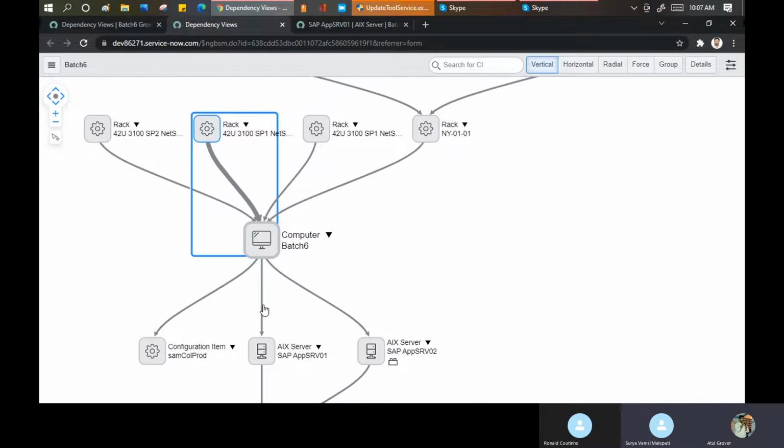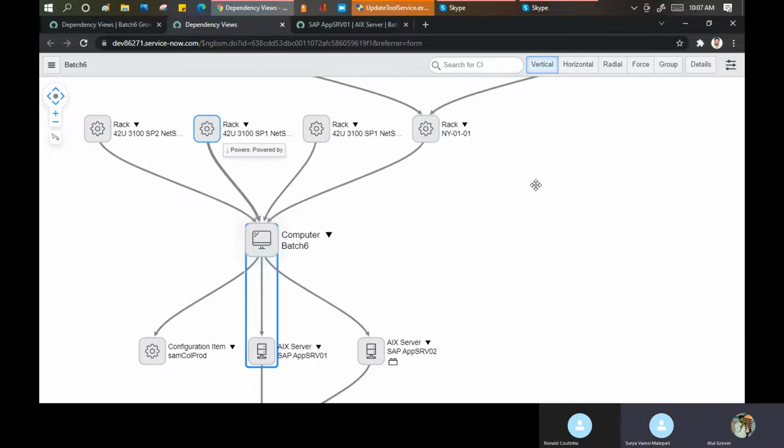Now, if you see depends, on this relationship, this depends on this, and this server is used by this particular computer. So irrespective of saying parent or child, say it is a relationship type. So we see powers and powered by, depends and used by.